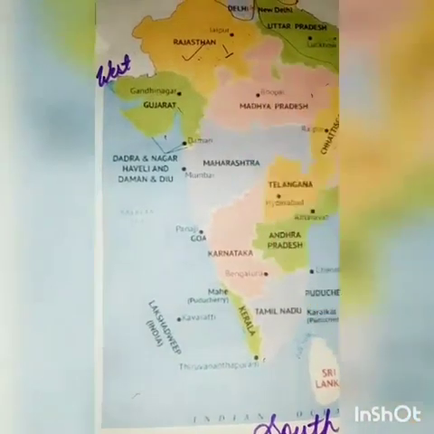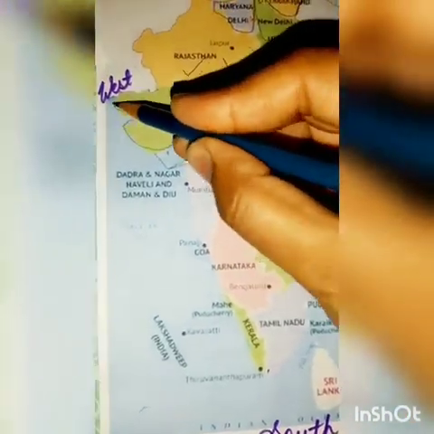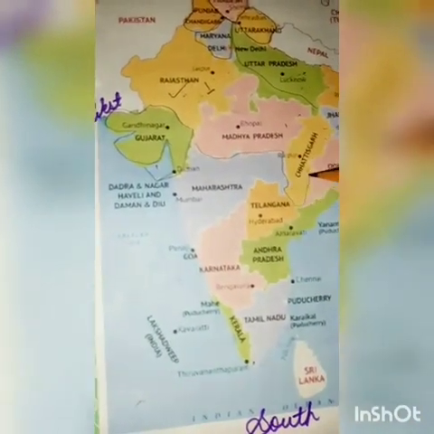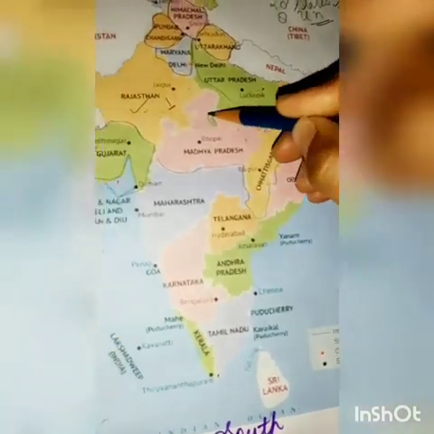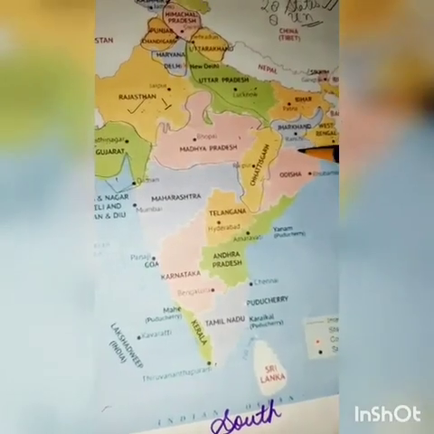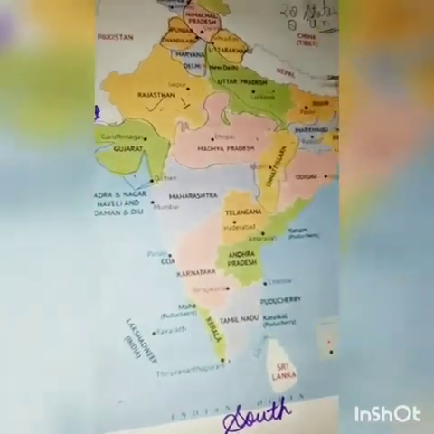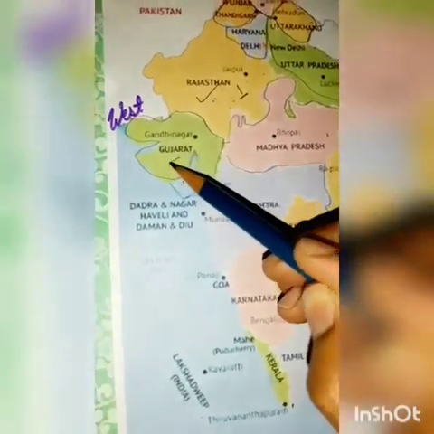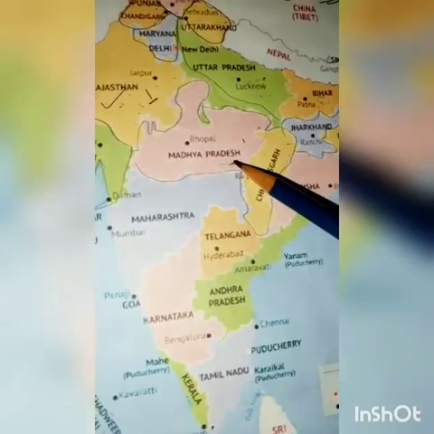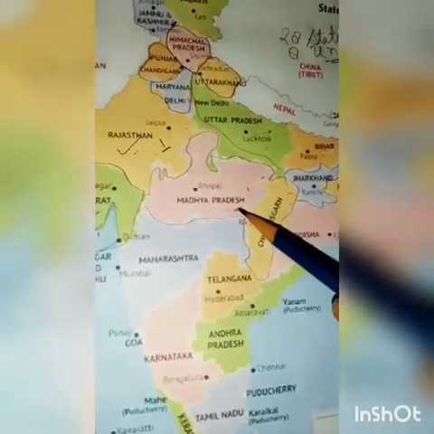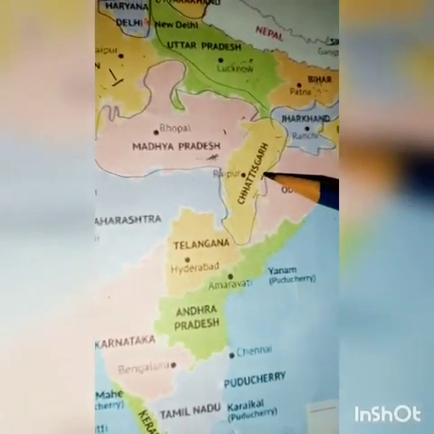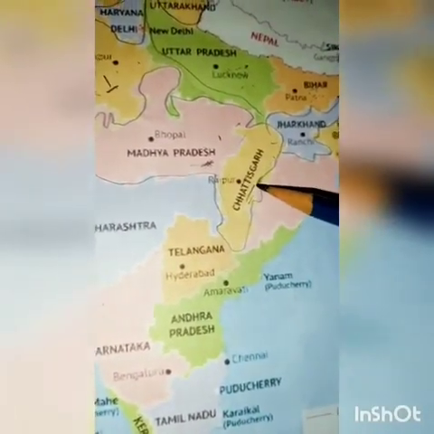Now you can see this picture of a diagram. Look at this shape. This shape is looking like a dinosaur. If you see it carefully, it looks like a dinosaur. So remember with the name of the dinosaur. Face of the dinosaur is Gujarat. Stomach of the dinosaur is Madhya Pradesh. Madhya Pradesh is in the center of the map of India. So always remember stomach is Madhya Pradesh, and leg of the dinosaur is 36, so remember with the 36, Chhattisgarh.